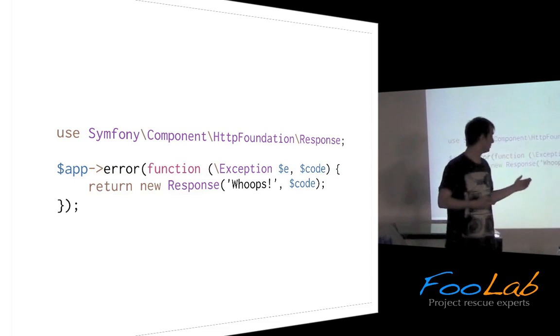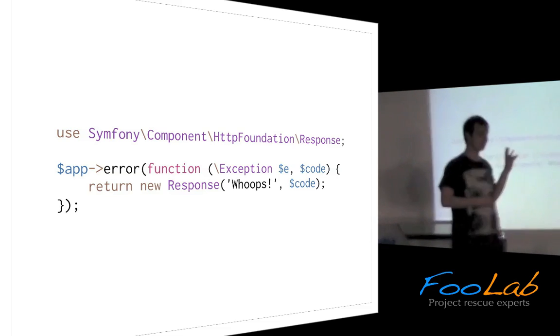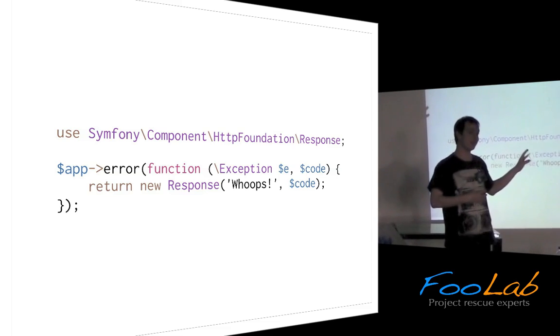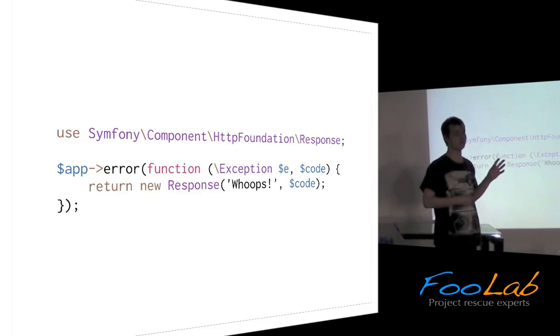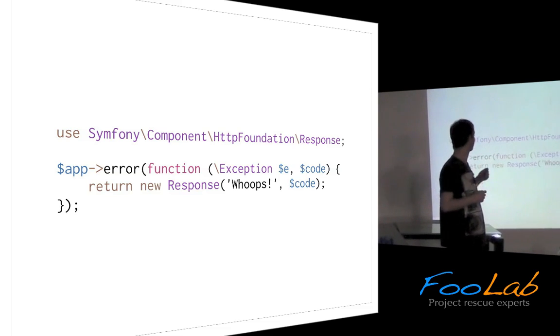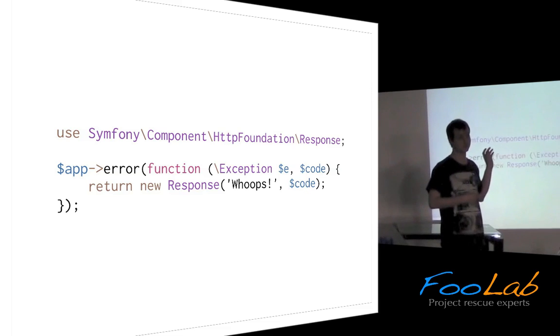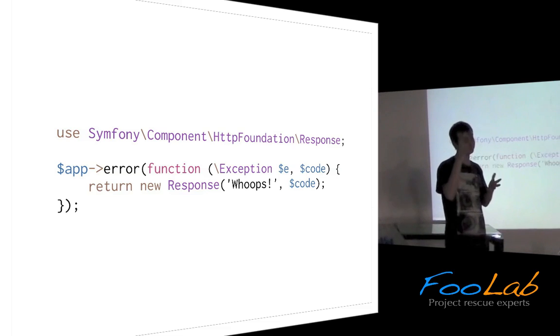And then you can also attach an error listener, which is just a different type of listener as well. So whenever an exception happens within a controller, then this code will be called. And there's also a default listener that will just display a generic error message. But if you want to have a more customized one, this is how you do it. And you can catch specific exceptions as well. So you can say, well, if I have a not authenticated exception, then I want to render a different type